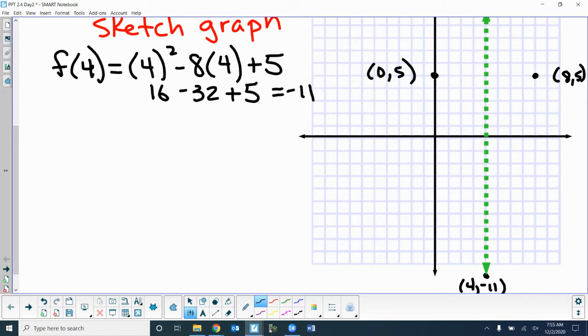So now I have 3 points for my parabola, for the sketch of the graph. Okay, so on our practice quiz, in a quiz, there's 4 problems, just like this. But that was one way to do it. If you want to do it this way, that's fine. The other way I showed you